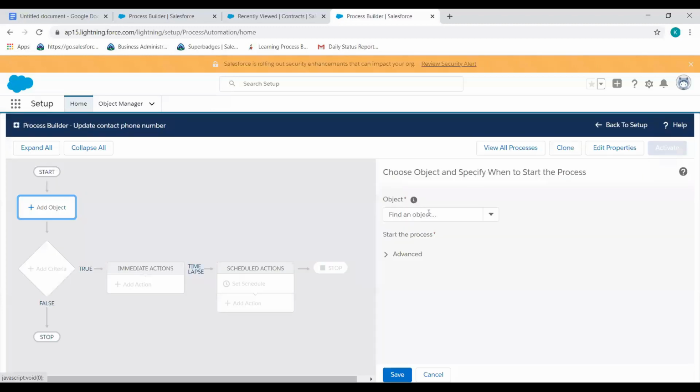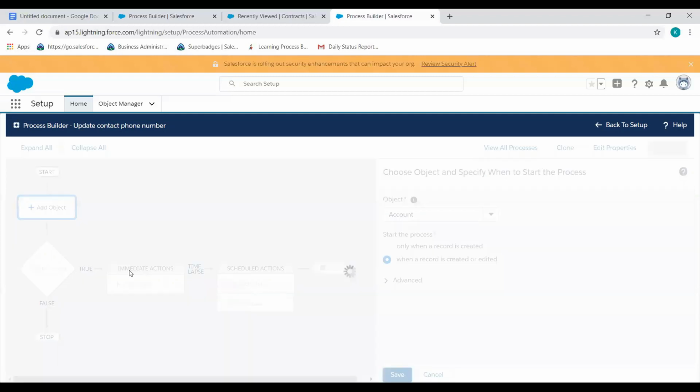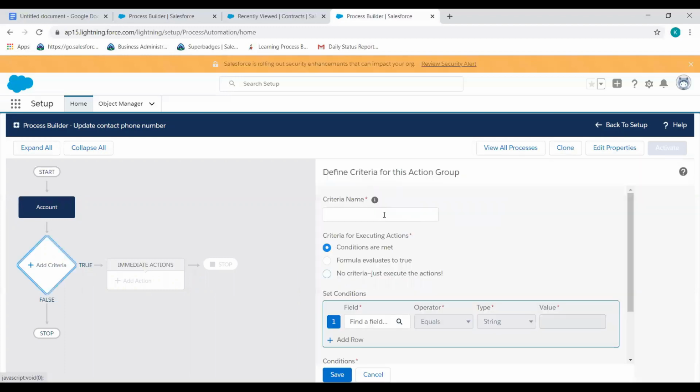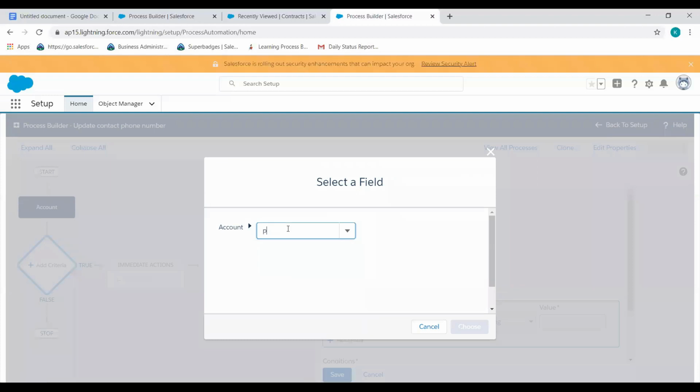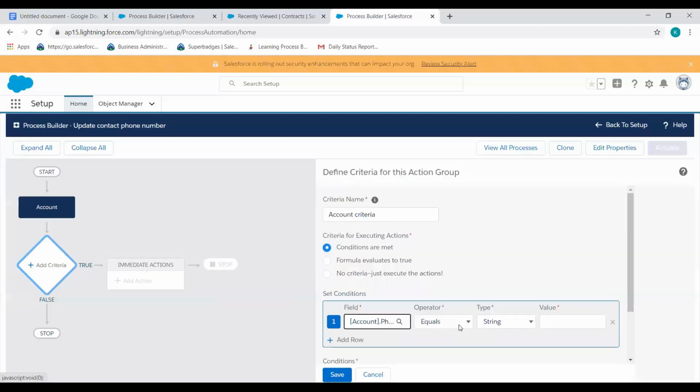Add object account. Now add criteria, like phone number equals, is changed true.